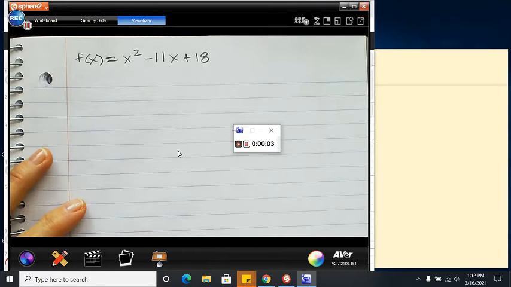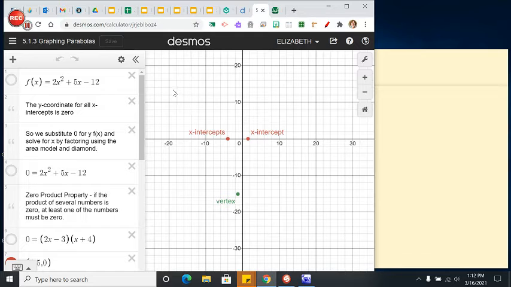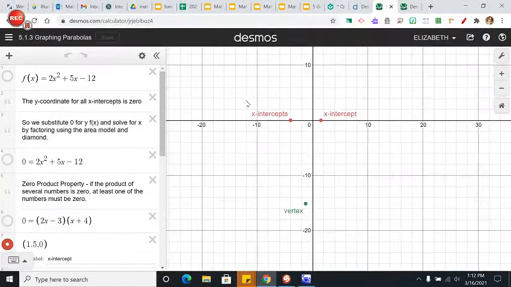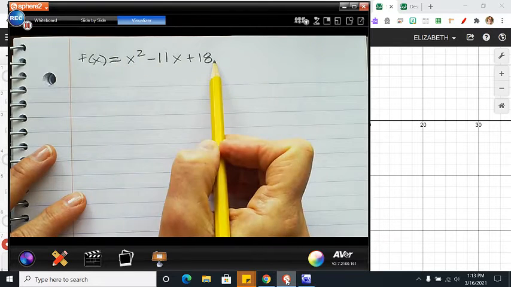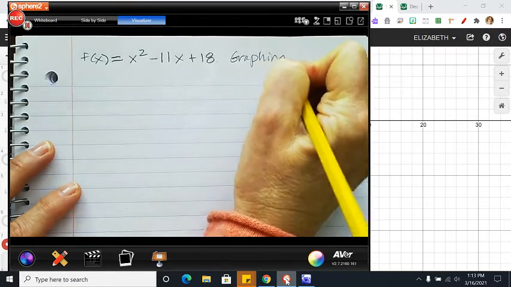Okay, so you should have the notes for graphing parabolas in Desmos. If you don't, ask me and I will send you the link for this. But these notes are basically your step-by-step instructions on how to graph a parabola. So you're going to write your parabola at the top of your page, and you're using your notes for graphing